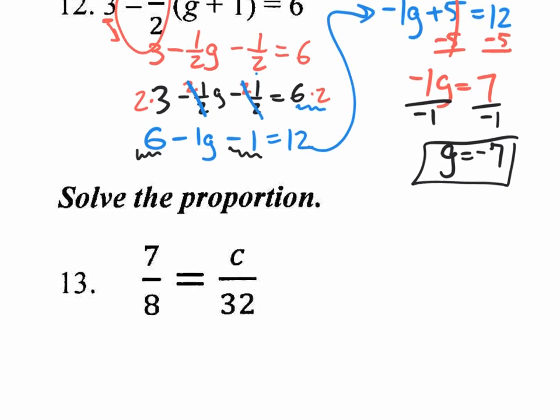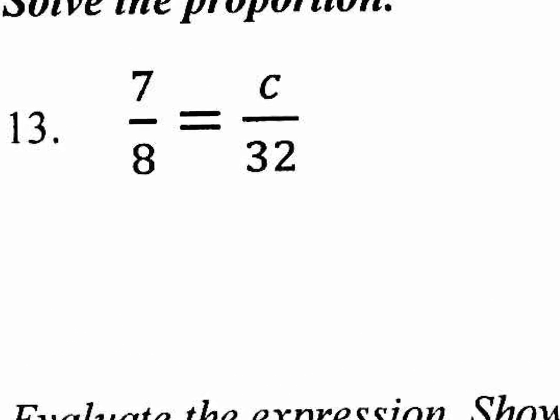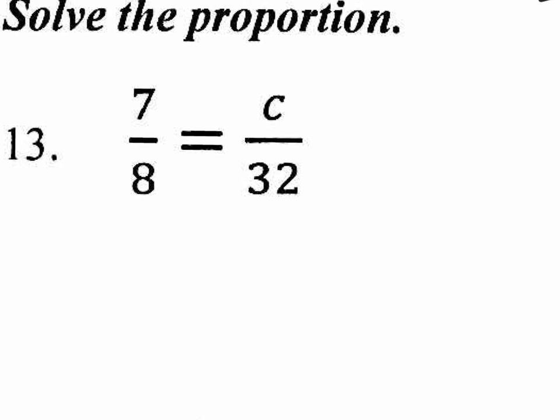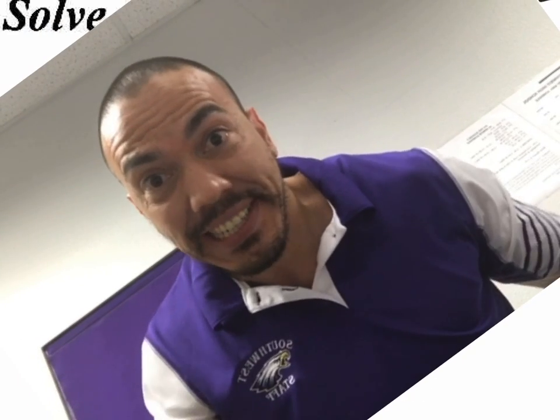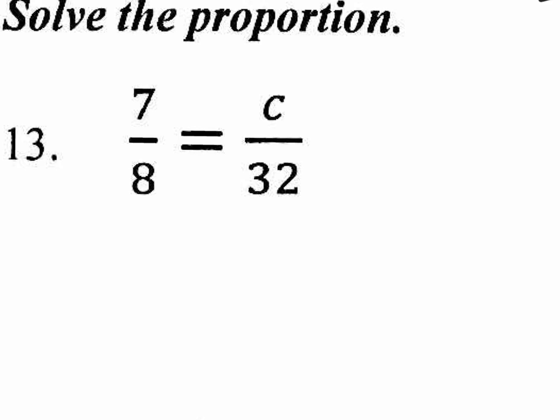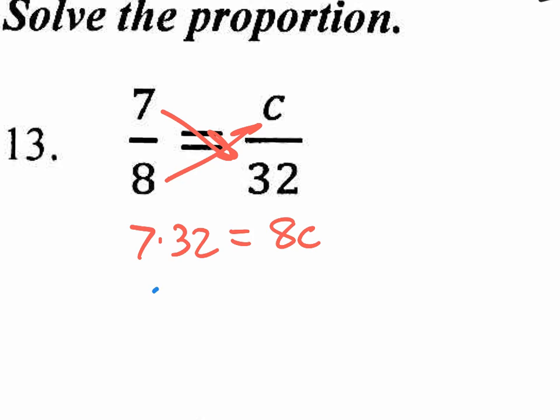Moving on to number 13. Solve the proportion. What do we do? Cross multiply. So, let's cross multiply. 7 times 32. I don't know what that is. Equals 8 times c, 8c. 7 times 32 is 224? 224 equals 8c. Of course, you guys have calculators, so